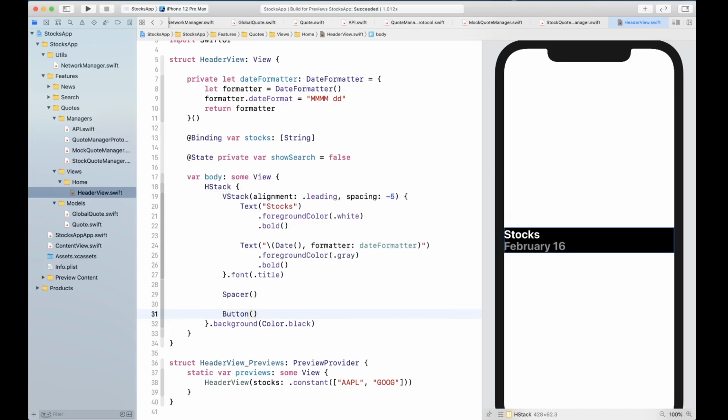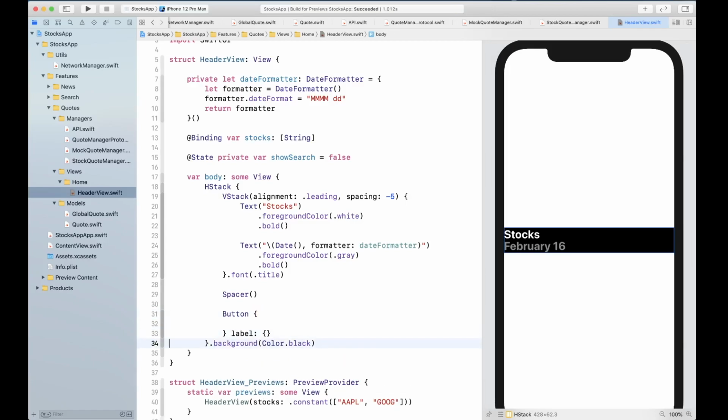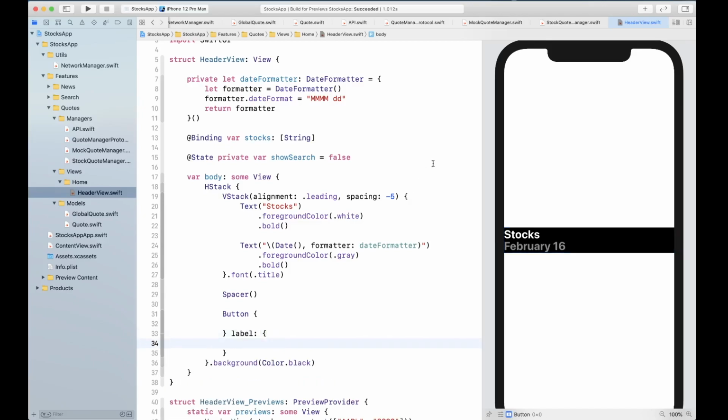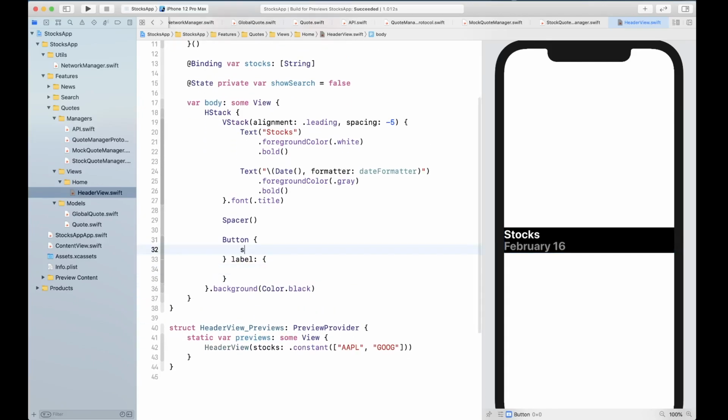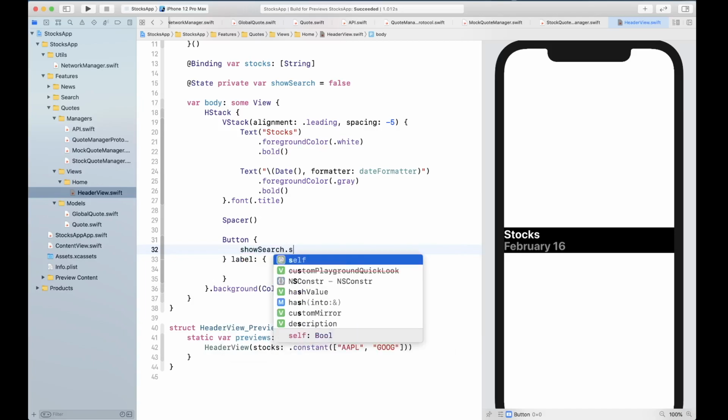Now this button is going to have two things. Okay, so it's gonna have an action. So action is gonna be empty at this point because this is where we're gonna, oh, actually we can populate this. So show search dot toggle.